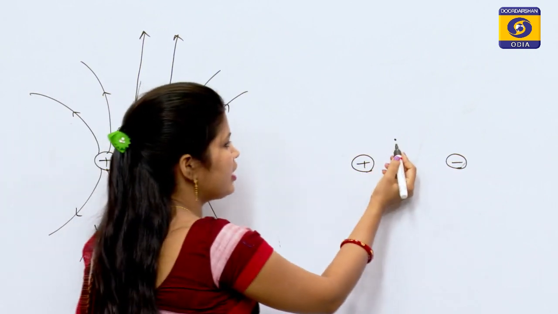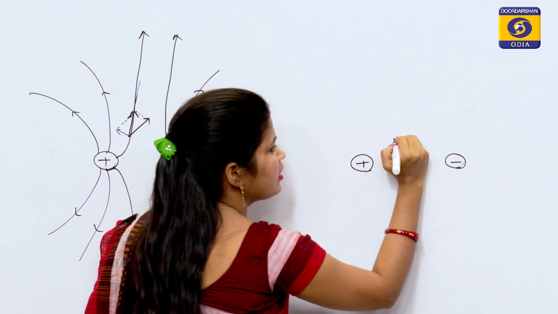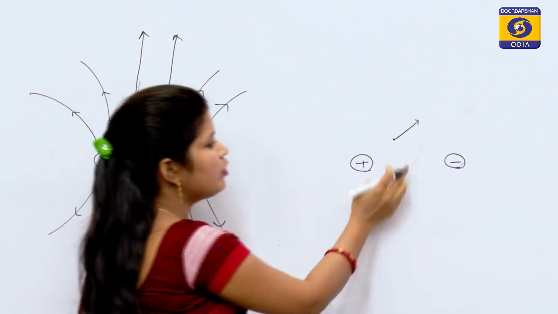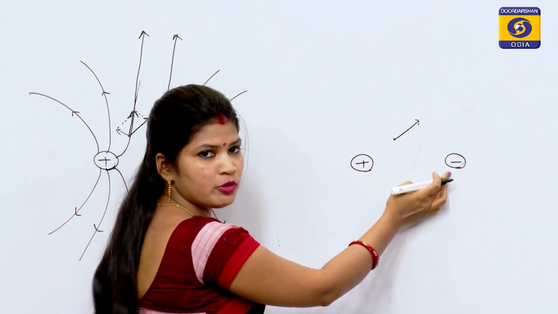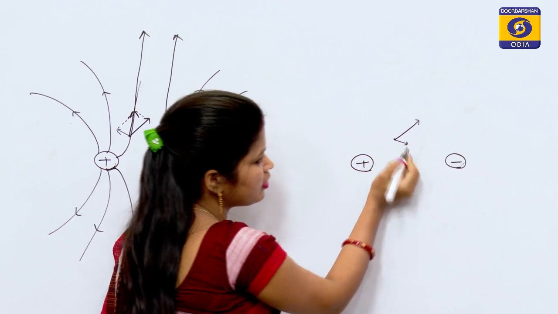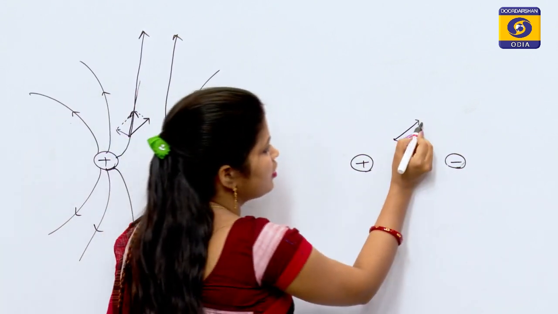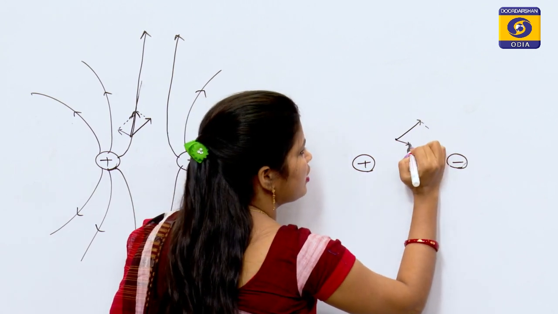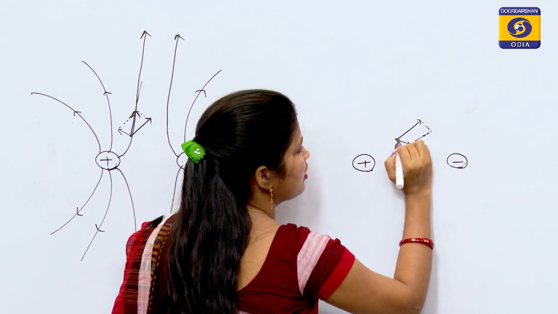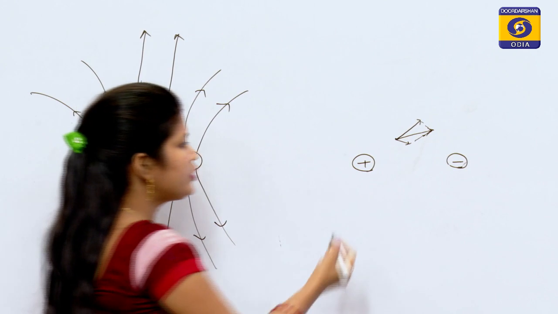So, this test charge experiences a force of repulsion due to positive charge, that is in this direction, okay, and also it will experience a force of attraction due to negative charge in this direction, it is less as distance is more. So, the resultant electric field will be, direction of electric field is like this,